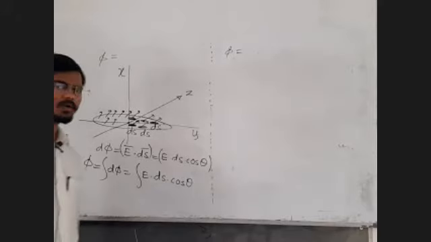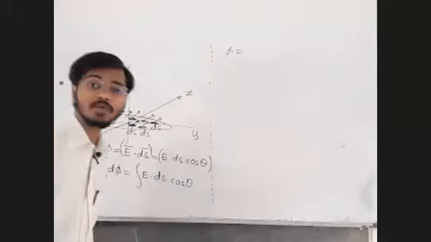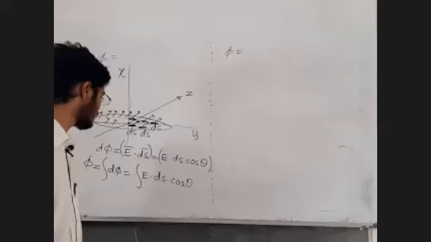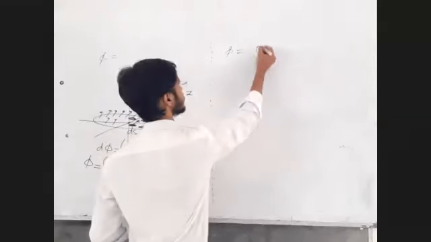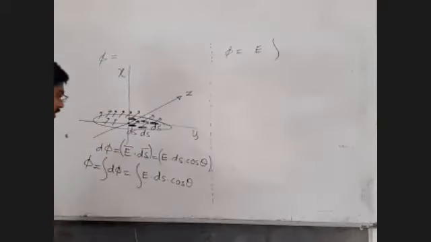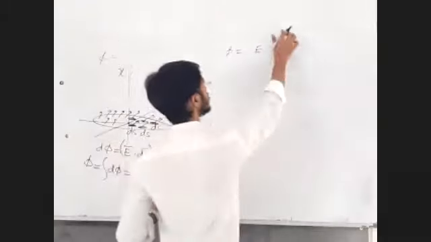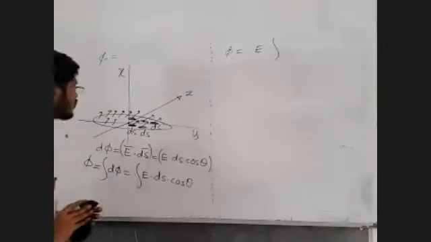Now, the magnitude of the electric field is the same everywhere because it is not changing with x, y, z. We just discussed. So this magnitude you may take out of the integration because it is a constant value. It is the same at each and every point. Can you observe?